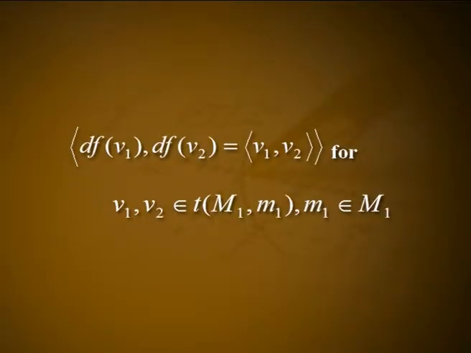Let M1 and M2 be smooth oriented Riemannian two manifolds. Suppose f from M1 to M2 is an isometry that preserves the orientation. Thus, f is smooth, injective, surjective, and it has a smooth inverse. Moreover, df preserves the inner product on tangent spaces. Inner product <df v1, df v2> is equal to <v1, v2> for v1, v2 element of T_m1 M1,